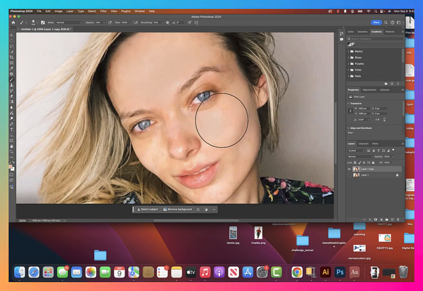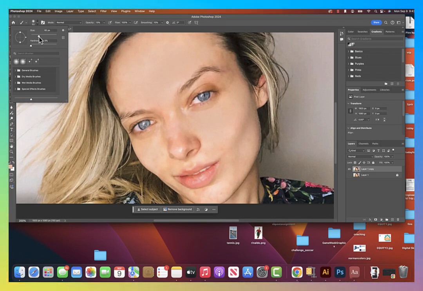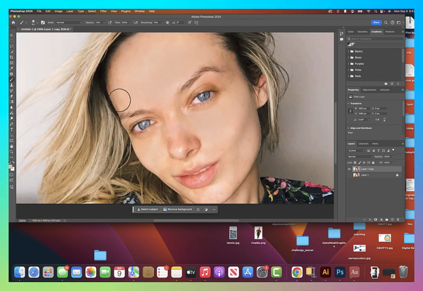Maybe little pockets of her eyes. I'm kind of going to go over, her eyes are a little dark, so I'm going to try to fix that a little bit with this, so it's kind of smoothing out the skin a little bit. Do the same thing down here a little bit. Over here, and you can see I'm running out of room with my brush, so I'm going to bring my brush down a little bit. I'm just going to brush over here,